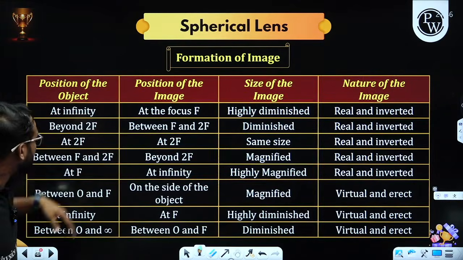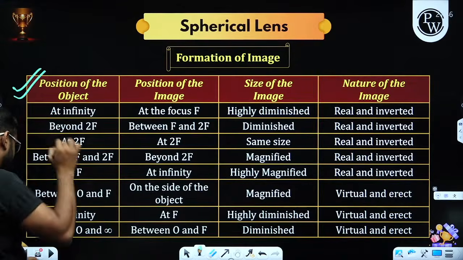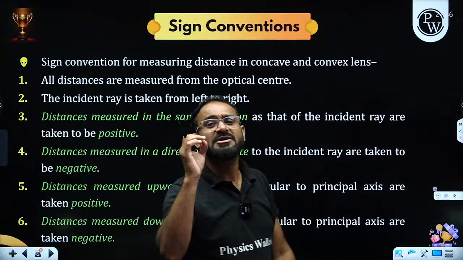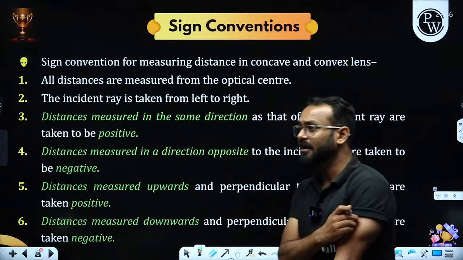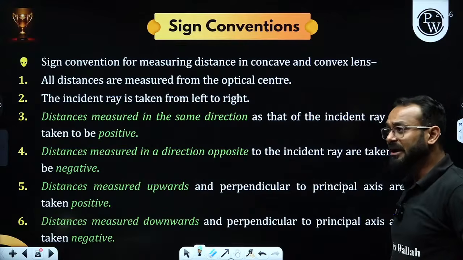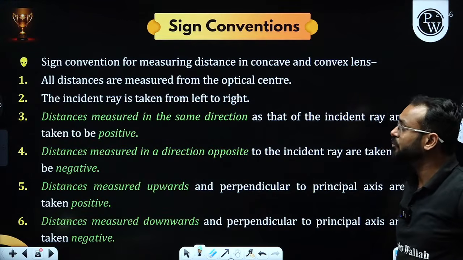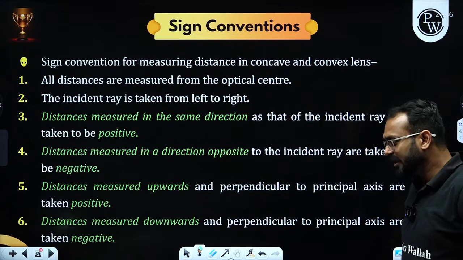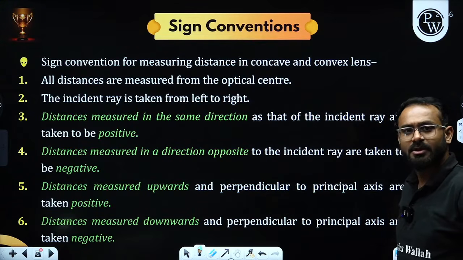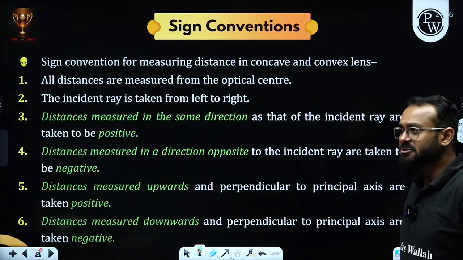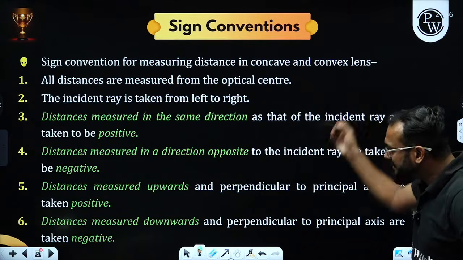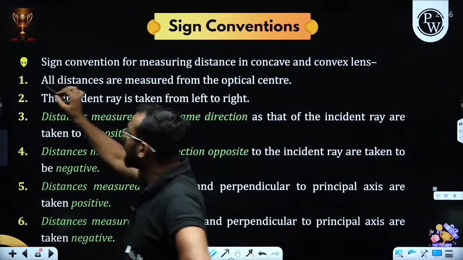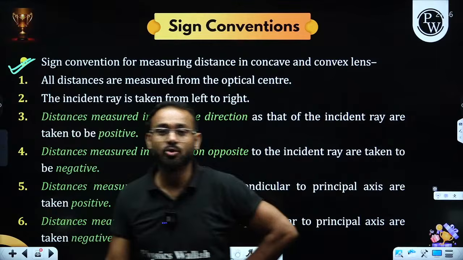What else? So these are the 6 cases that we have seen. These are the sign conventions, exactly similar. Right, right. You get the virtual images also in the lens. But as lenses are transparent, how do we get a virtual image? You get a virtual image in the lens also. There is a possibility. The way we understood the sign conventions in the spherical mirror, that is also going to happen.